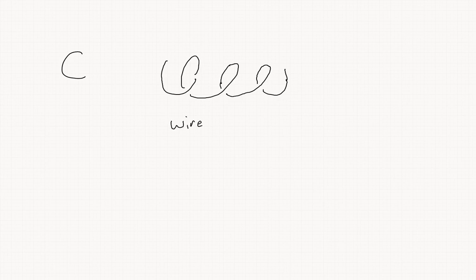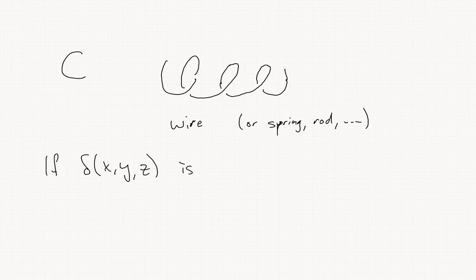So, as I indicated at the beginning of the last video, one of the main applications of line integrals is when the curve C represents a wire or a spring or a rod or basically some thin material in space. So, for instance, if delta of xyz